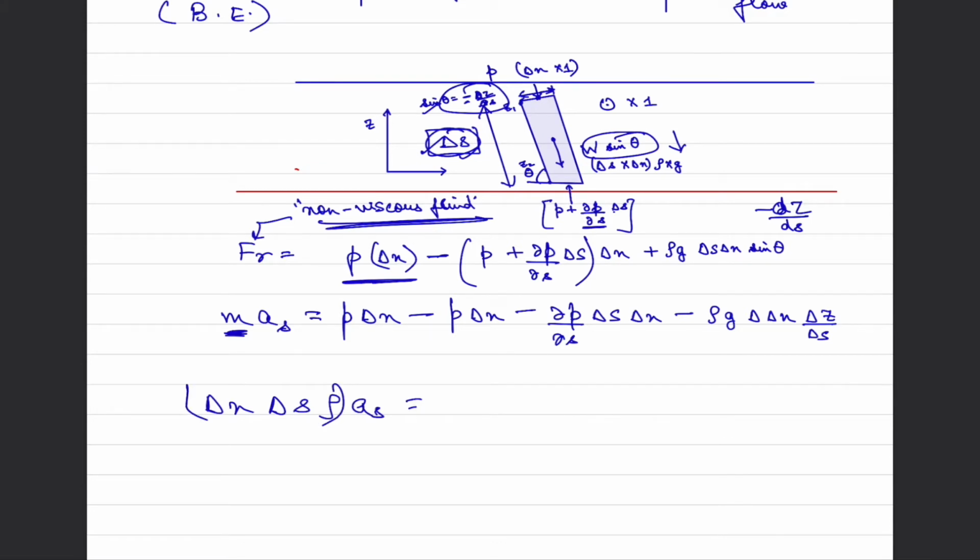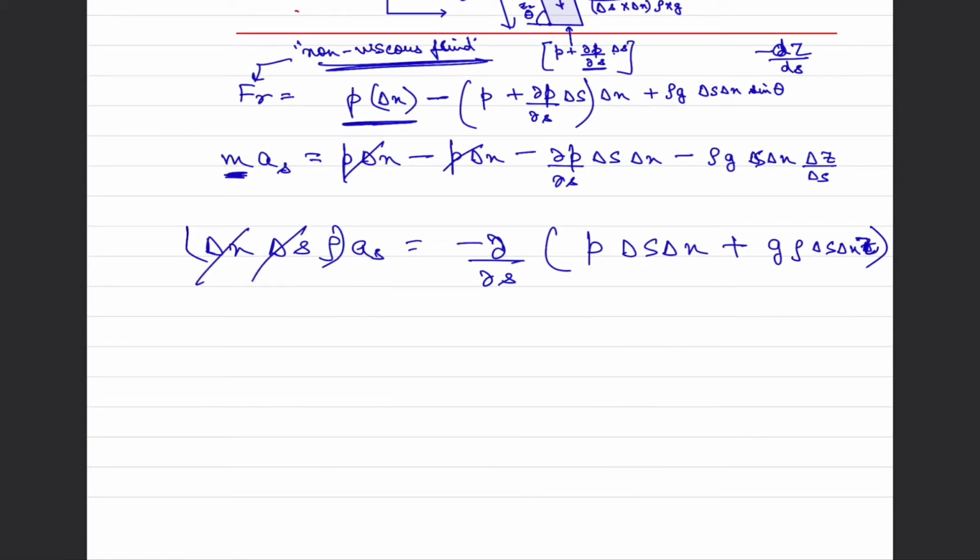This becomes our mass, and these two terms cancel out. So we can simply write this as minus del upon del s of p into del s del n plus g rho del s del n into z, because we have taken out the delta terms. Upon simplification, del n and del s are common across all the terms. We end up with an expression that rho a_s is equal to minus del upon del s p plus g rho,